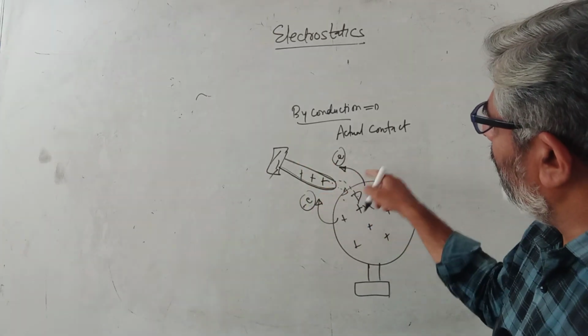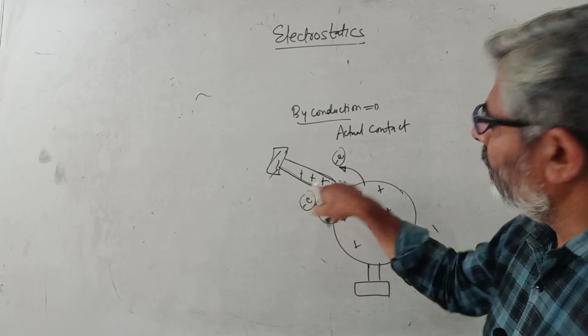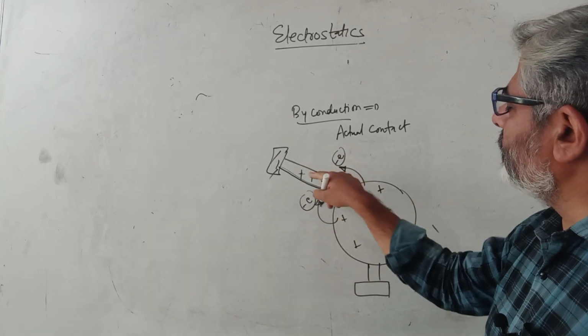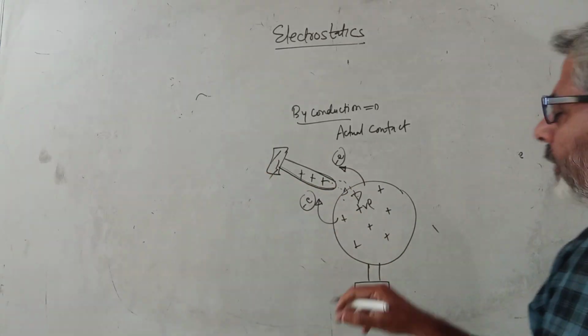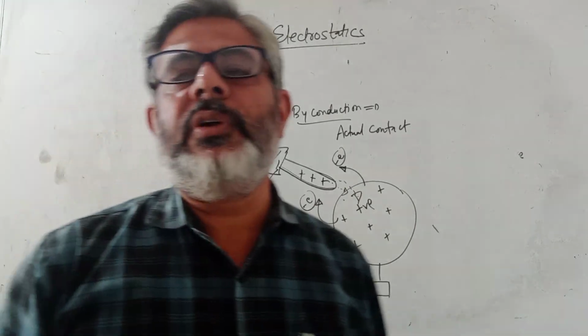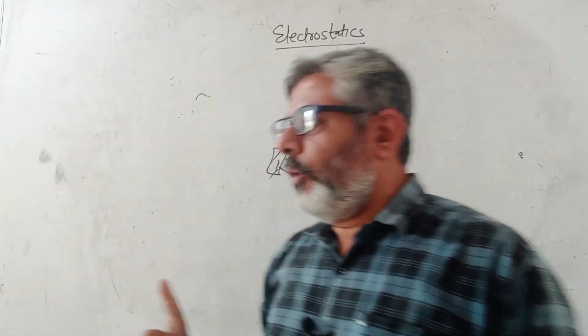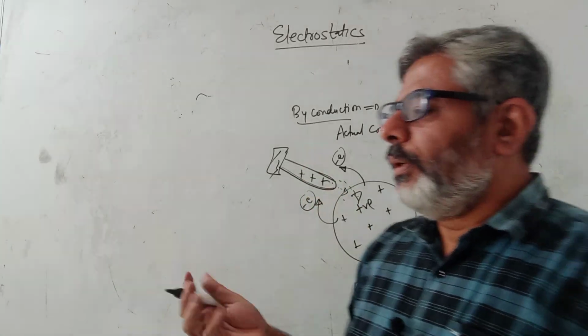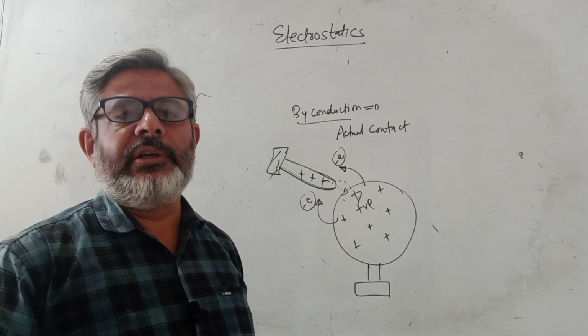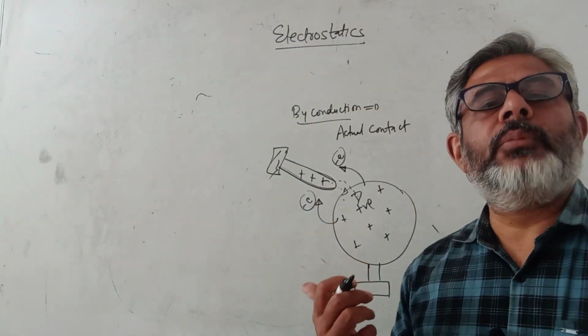So when electrons go from here to here, then some of this charge becomes neutralized, it becomes less, and this substance becomes positively charged. So when you bring something in actual contact, you can say there is a direct transfer of charge. But for this, the two objects must be conducting, that is, having the ability to lose and receive charges. So it's a good way of charging for conducting bodies in particular.